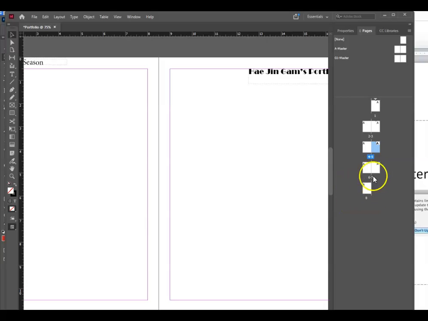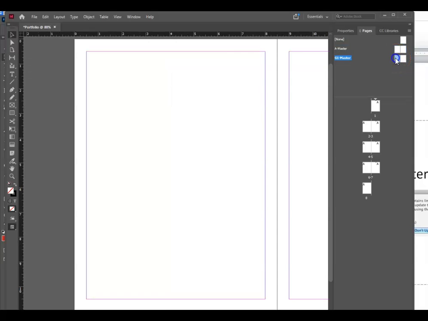Okay, so this is just a page navigator, but if you wanted to change your master, you need to click here. Okay. So let's do that, add something for the G master. So go to the G master, double click. Okay, so now this is the master, G1 master page. And this time, because it's for the winter season, I wanted to add the title here by creating the rectangle frame first. And then type tool, and then this time